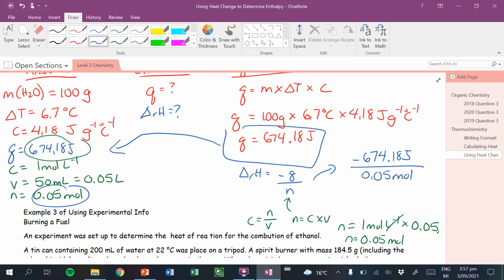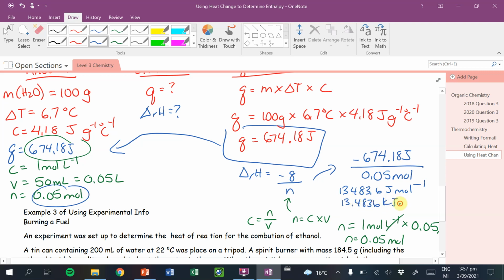Cool. I get an answer that is 13,483.6, and that's joules per mole. Let's divide that by 1,000 to keep that as kilojoules per mole. So that's going to be